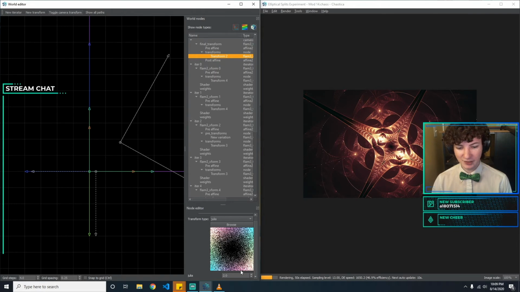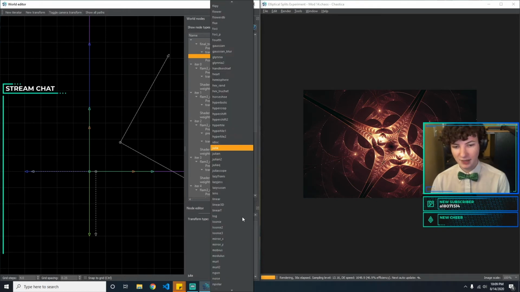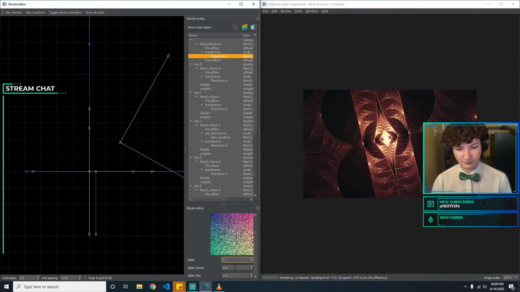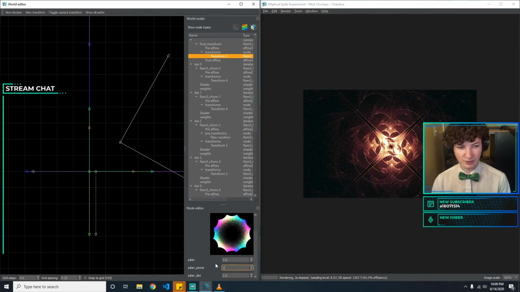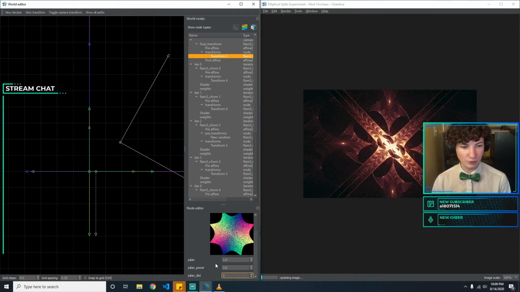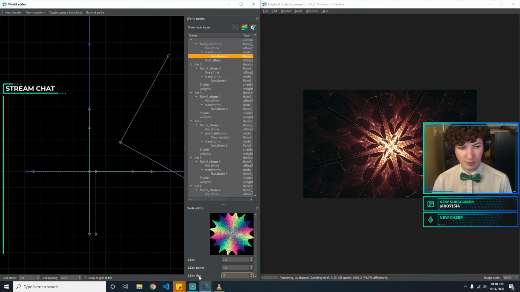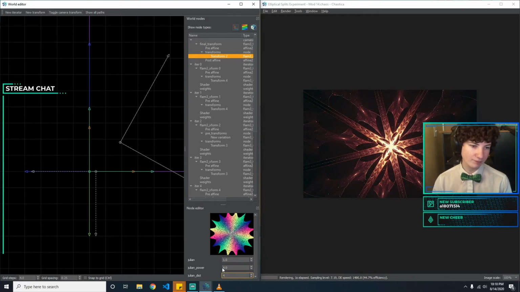I am using Julia as the final transform here, which is what's giving us this little center and then the split into two segments. I could switch this up to Julian and of course increase this to whatever value I wanted. Remember, our old Julian trick for getting rid of the center is to increase the distance to whatever your power is. We could get some cool results that way, but